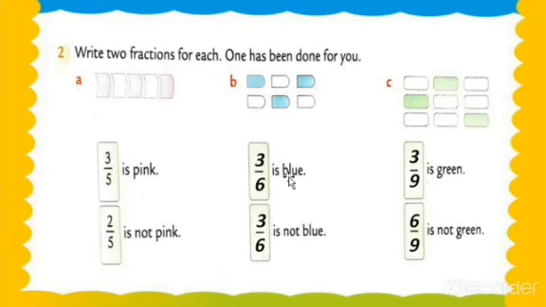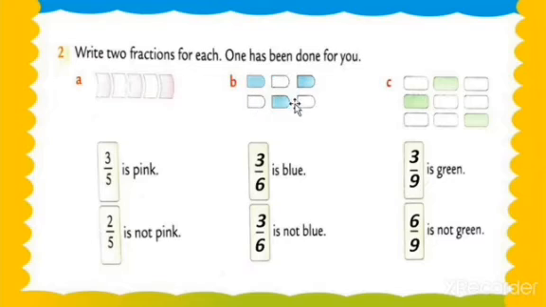Now question number 3. How many blocks are there? 2, 4 and 6. There are 6 blocks. So that's why we are writing 6 in the denominator. What are we writing, my dear students? 6. See this, both 6. Now we check how many blocks are shaded by blue color. 1, 2 and 3. 3 blocks are shaded by blue color. So the first fraction we write like that, 3 upon 6. 3 upon 6 is blue. My dear students, 3 upon 6 is blue and 3 upon 6 is not blue.